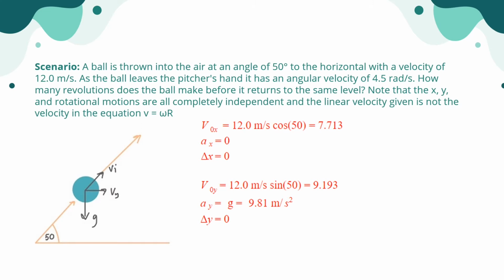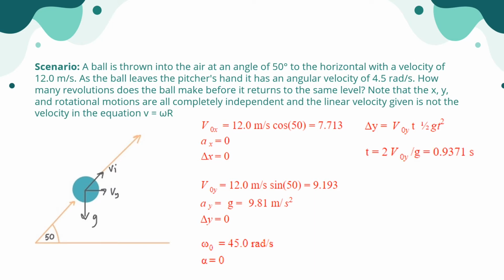Then for the rotations, it's given that the angular velocity omega is 4.5 radians per second, and the angular acceleration is equal to 0. Delta y will be equal to 0 since the ball returns to the same height, and as the ball is in the air, there is no force to make it change its rotation, so the angular acceleration is equal to 0. The formula we will use for delta y is delta y = vy t + half g t squared, and